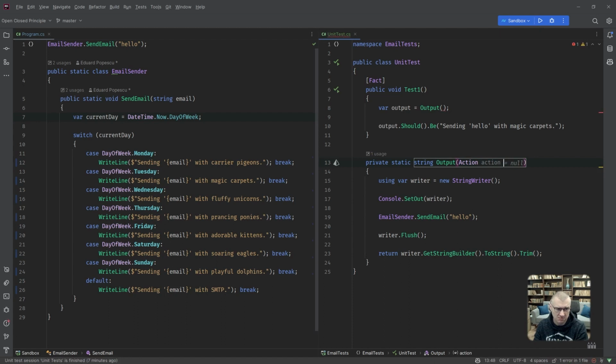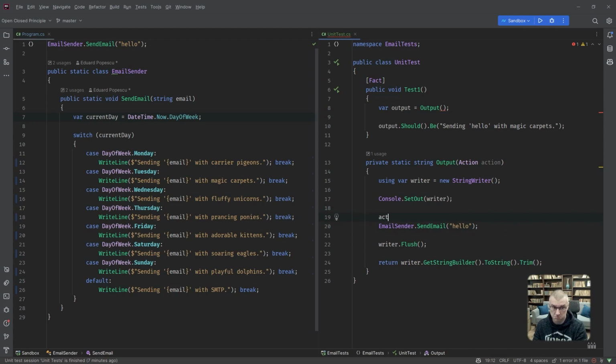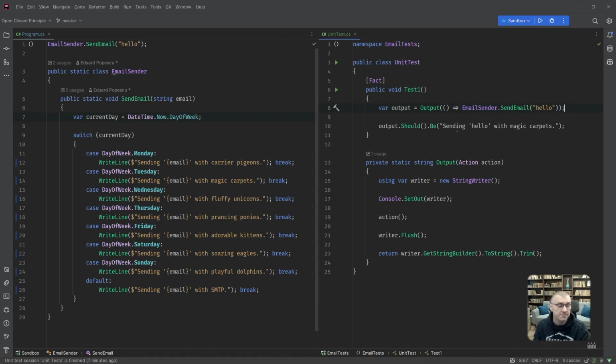Action, no, it's not null. You give me an action. There's no null for me. I'll invoke it for you. Hopefully this thing will affect the console somehow, write to the console somehow, and we're gonna be able to catch that, okay? So if I take this from here now and put it in here, and I think I can even do this. I can't? No, I can't. Okay, cool, cool. Never mind. It's fine.